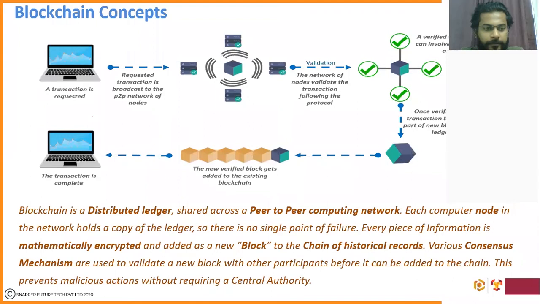So what happens in a Bitcoin network is, what you see in the diagram above is a transaction flow. We won't be going into the details of this because, as I stated, the scope of this session is to just understand at a very, very high level what is blockchain. I just wanted to introduce you to blockchain technology today.